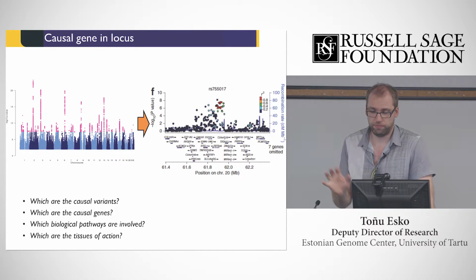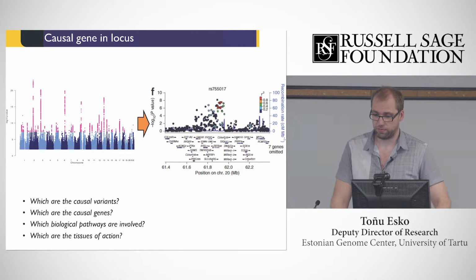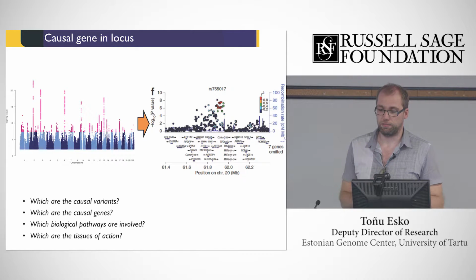And then the content is again all the SNPs and the statistical significance, but now they are colored based on the linkage disequilibrium